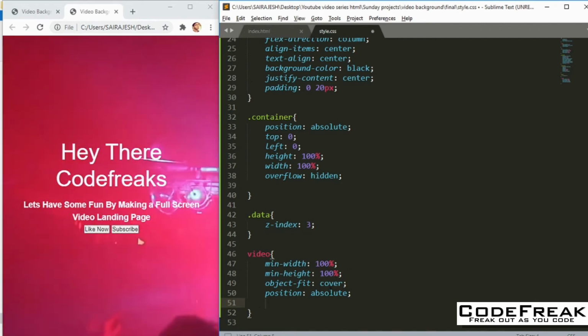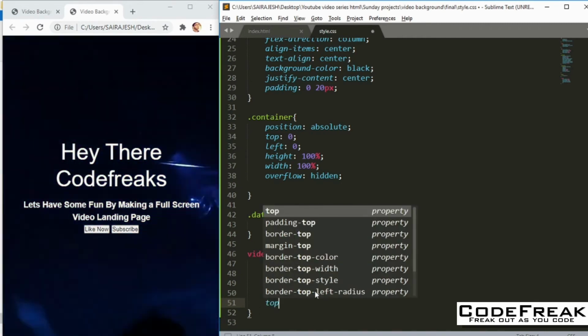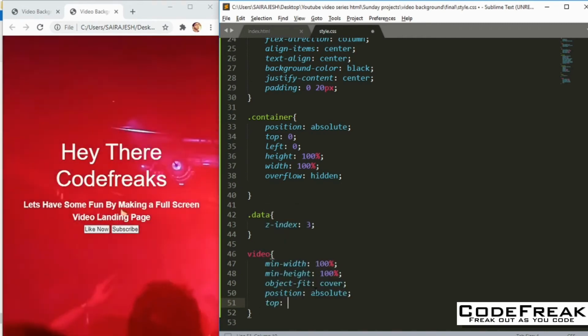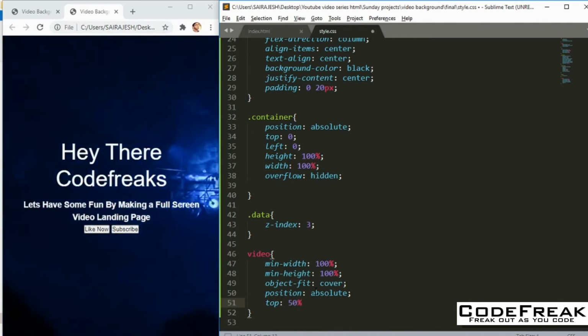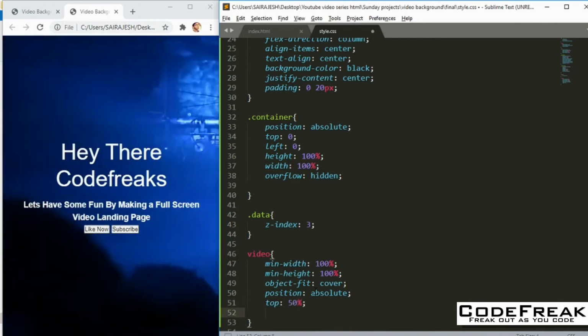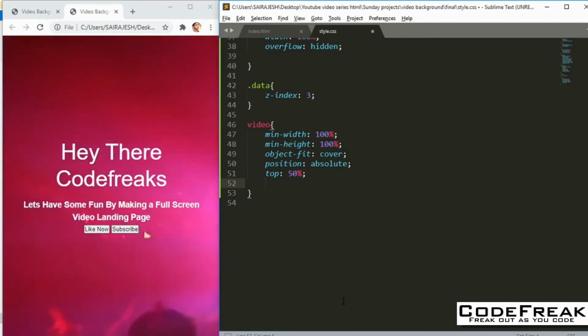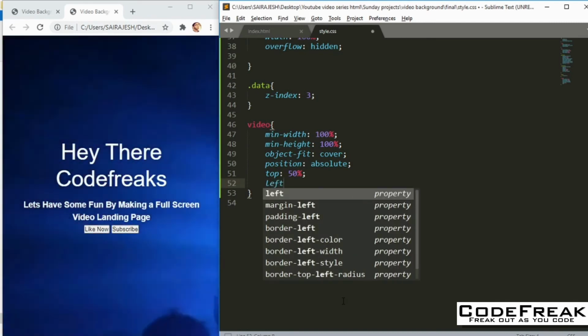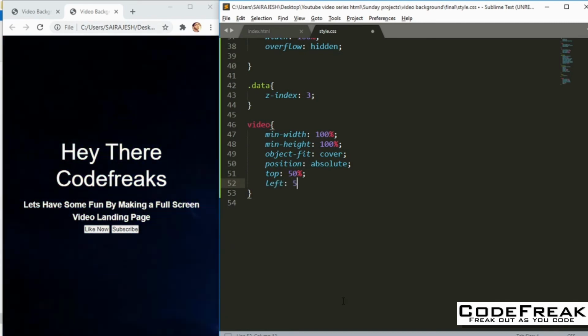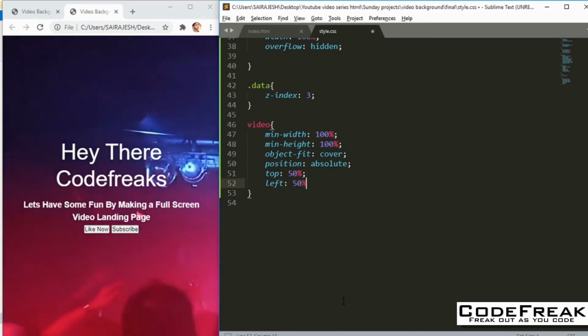And the next thing that is going to help us to basically get the thing which we want is that we have to make the top 50%. So the top, make it 50%, and we do this many times. You would have seen it in other people's tutorials also, which is very helpful. I have also learned it recently, so this is very much helpful. So I guess you guys also should know this part.